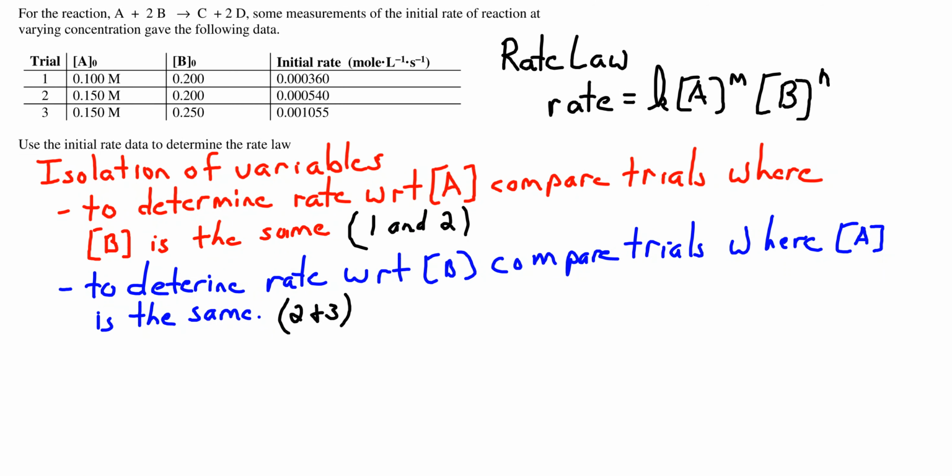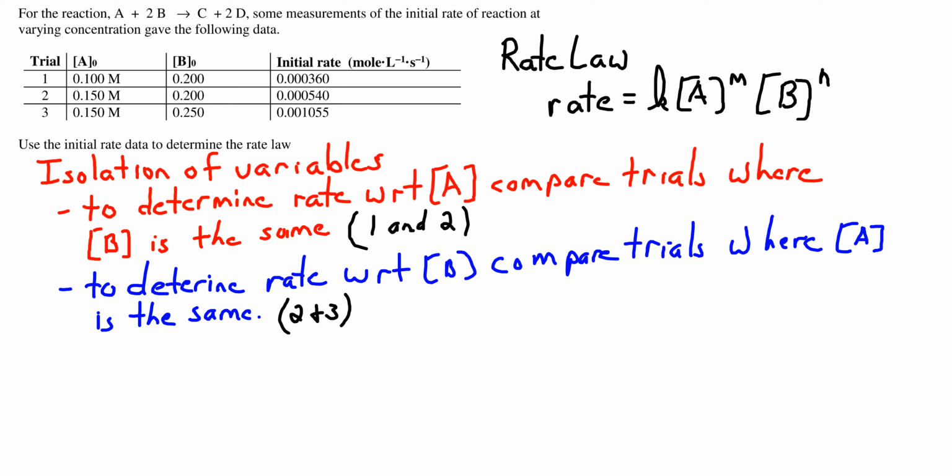All right, we're asked to determine the rate law for this hypothetical reaction, which essentially means that we need to determine what the value of m and n are, the exponents in this rate law. They tell you how the rate depends on the concentration of A and on the concentration of B. In order to do so, we need to compare trials where only one of the two reagents has its concentration